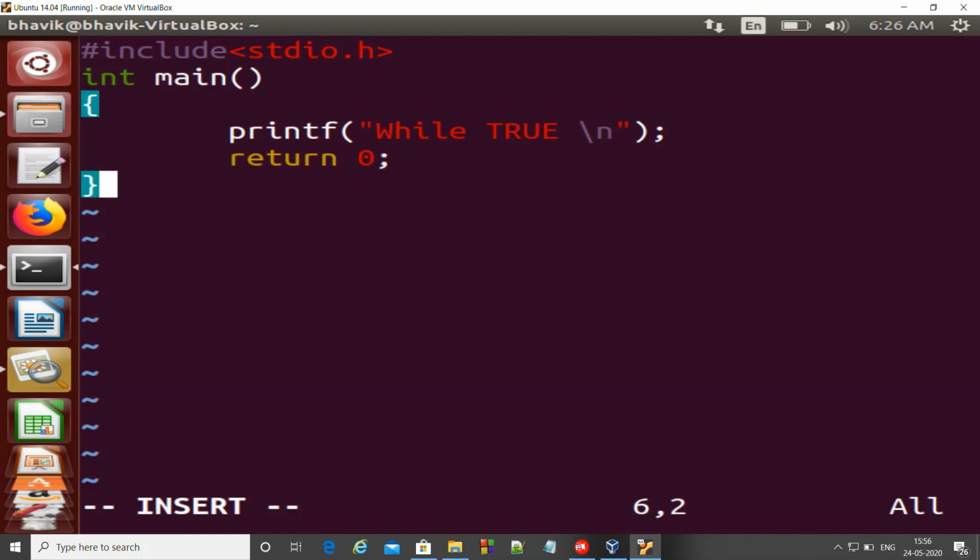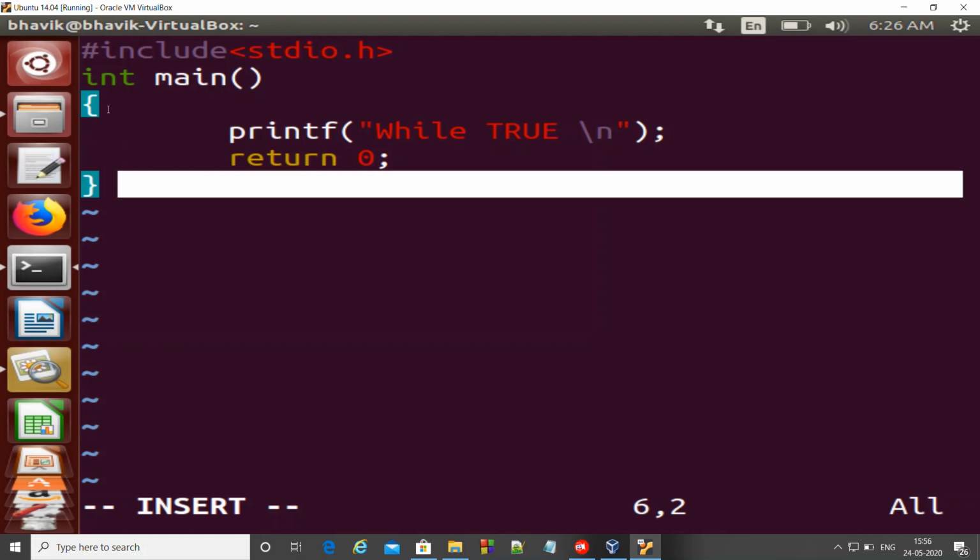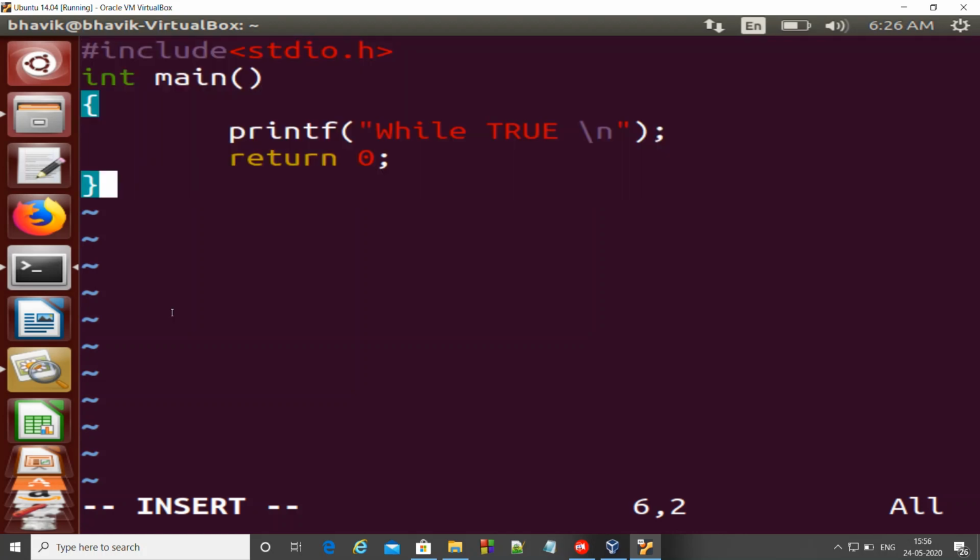So this is how we entered the command. How we got into the editing mode is with the I button or the insert button that you have on your keyboard.